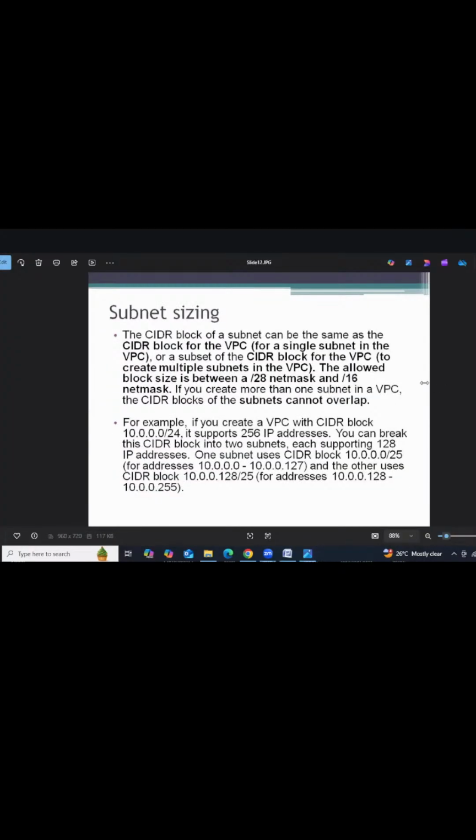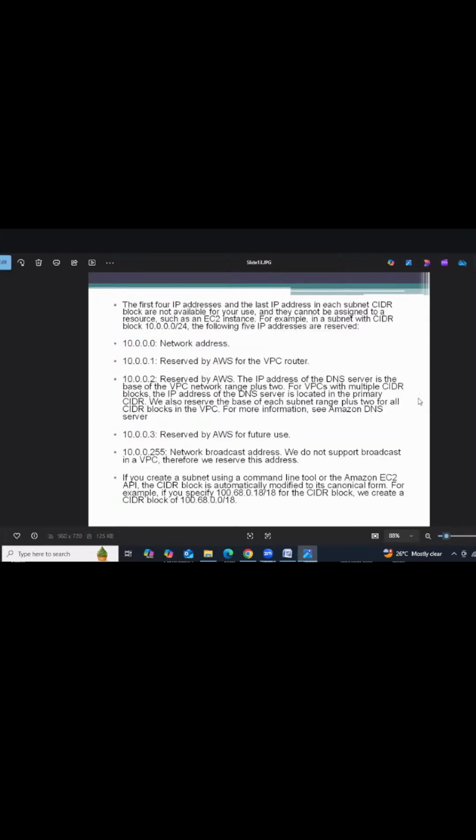Next, already you know subnet sizing. We discussed it that day, right? We have an apple. We are going to cut the apple into 2 pieces, right? We need a knife. That is called subnet sizing. Already we discussed subnet sizing. See, 5 IP addresses we need to avoid, right? One is the network address, network ID. Another one is reserved for the route table, like I said. So it's reserved for DNS and it's reserved for future use. And this is for broadcasting purpose, like we discussed, right?